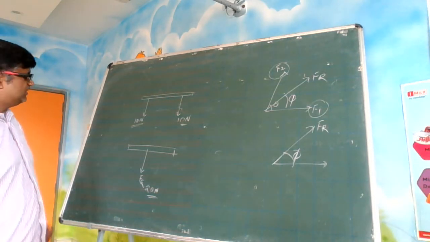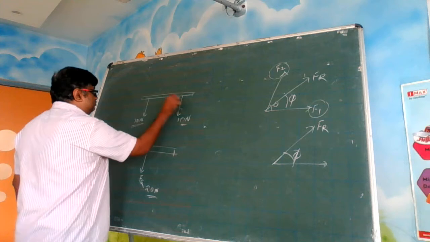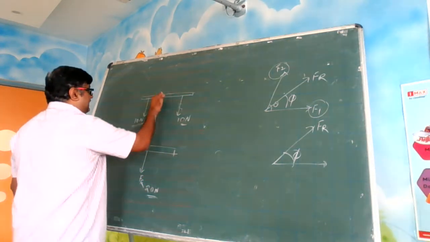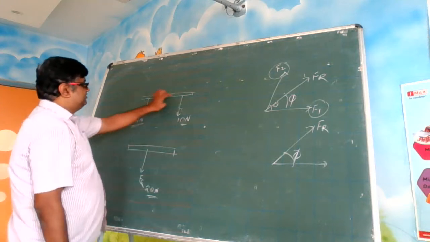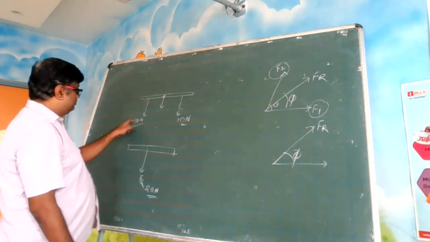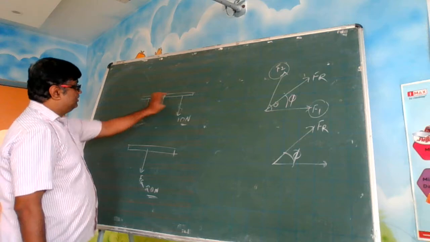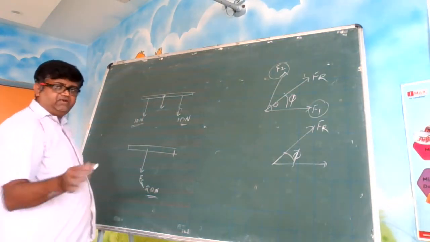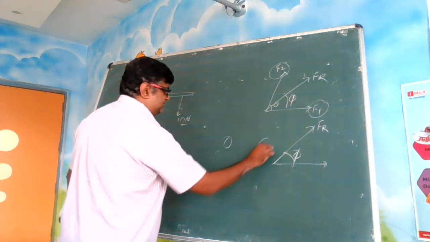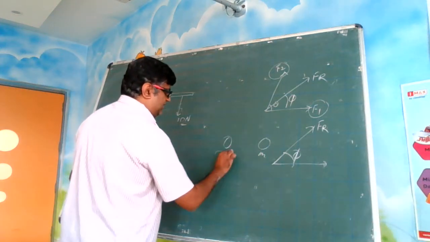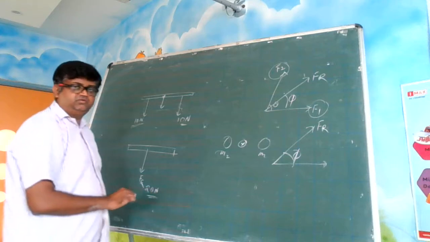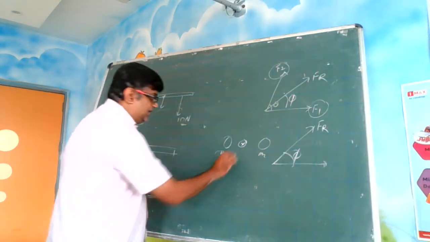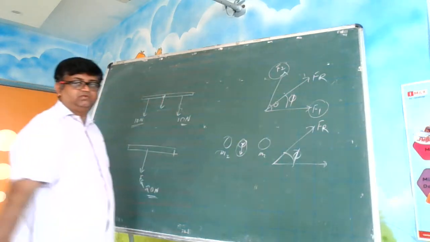And where it will act? कैसे पता चलेगा कहाँ एक्ट कर रहा है? तो इन दोनों का जो ज्योमेट्रिक सेंटर होगा वहां पे एक्ट करेगा. मतलब अगर इसका सेंटर ऑफ मास निकालोगे, ये दोनों मास दिया है मान लो, तो इस दोनों का सेंटर ऑफ मास किधर होगा? इसके सेंटर में होगा. वो हम we can find out, you know. We have done this m1, m2, etc. Then we have found the center of mass. So we are saying that these two masses together are acting at this location.